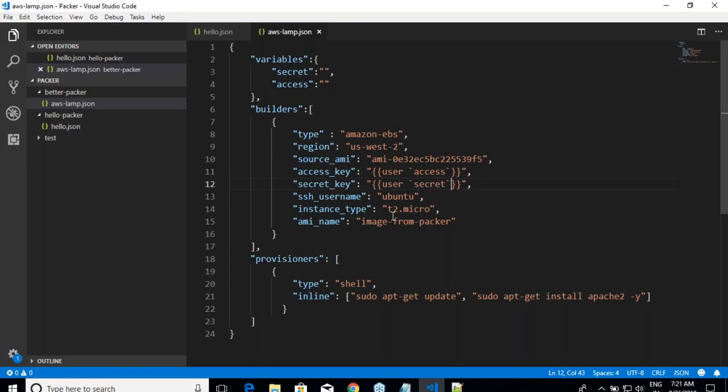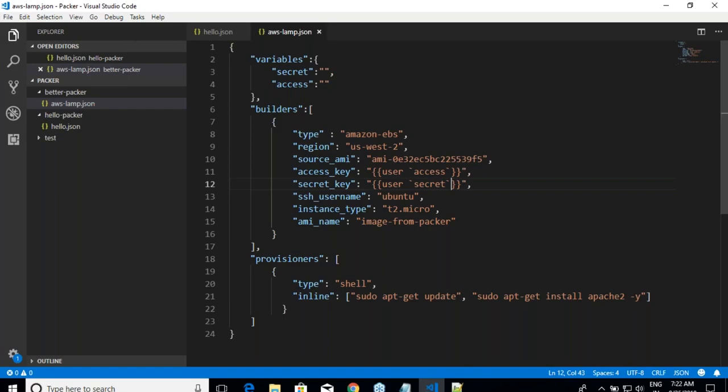Any difficulty till this point? No. Right? So whenever I call this Packer file, every time I have to pass the values of it. So my commands will slightly change from now, where I will tell that Packer build file name.json, and then I need to pass the variables. And to pass the variables, we have to use a command line argument called as -e, name of the variable equals to whatever the value is.